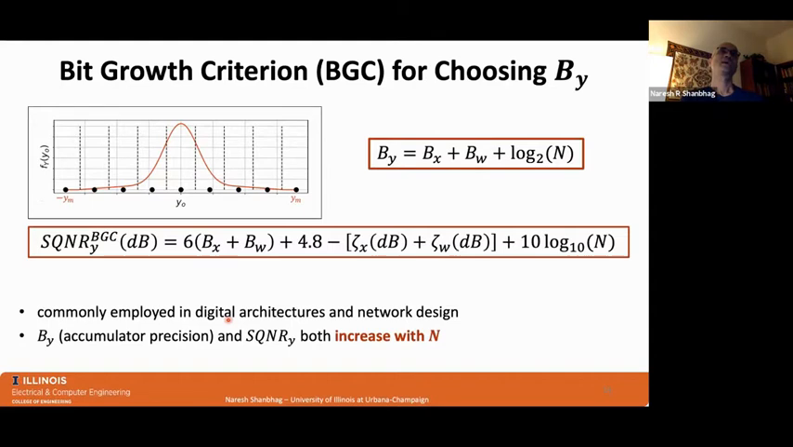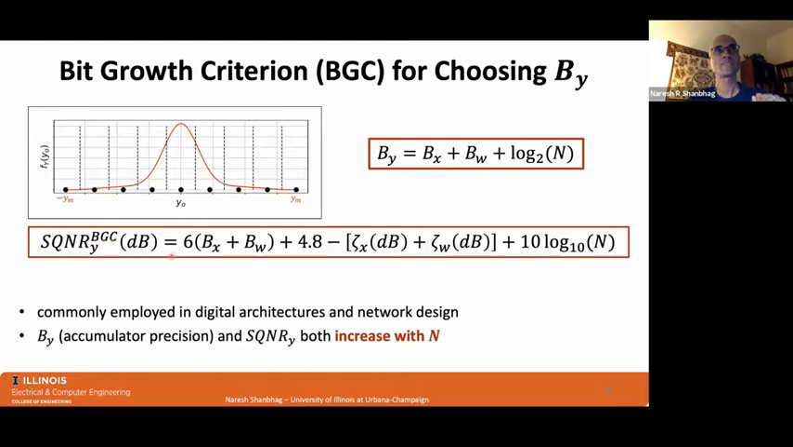The answer today, a very commonly used rule or criteria, is you assign BY simply by letting the bits grow, right? So BX plus BW, the input precisions, go into a multiplier. Output precision is BX plus BW. You have to add N of those products to compute an N-dimensional dot product. And so you have BY given by this expression, fine. And so if I take this BY and plug it into the previous equation,